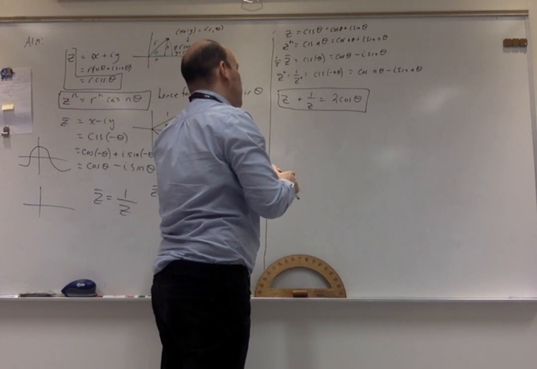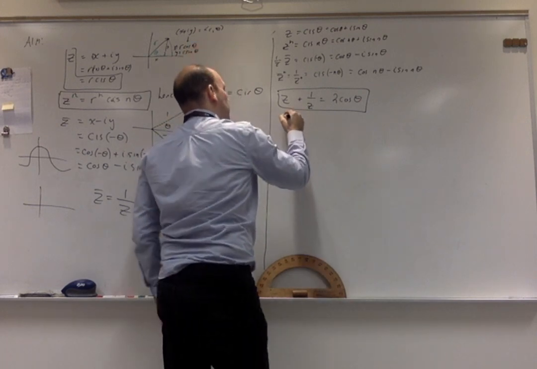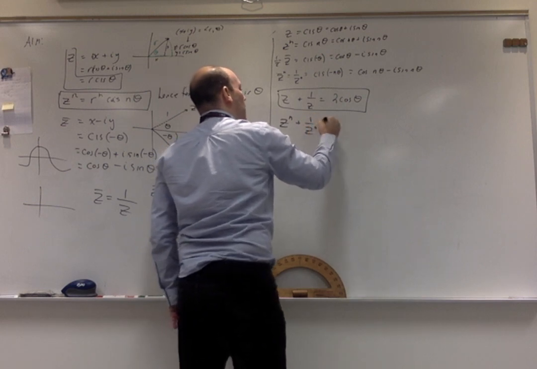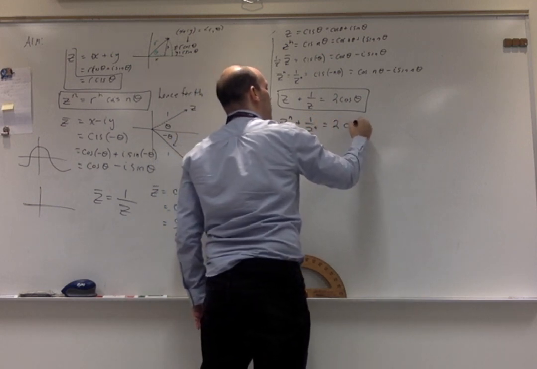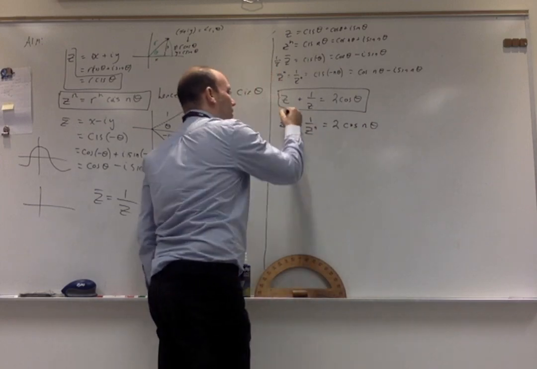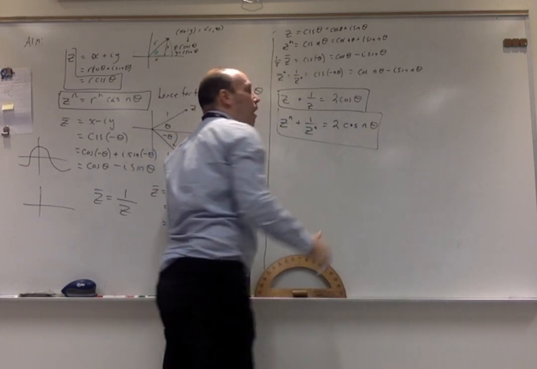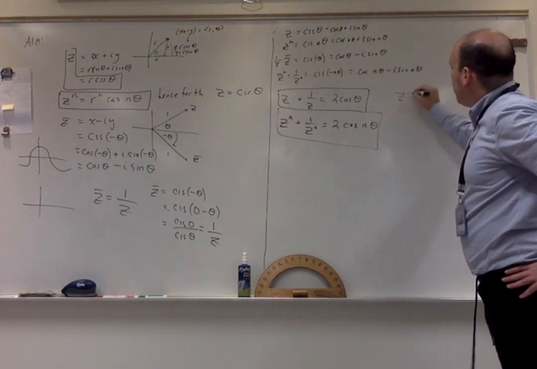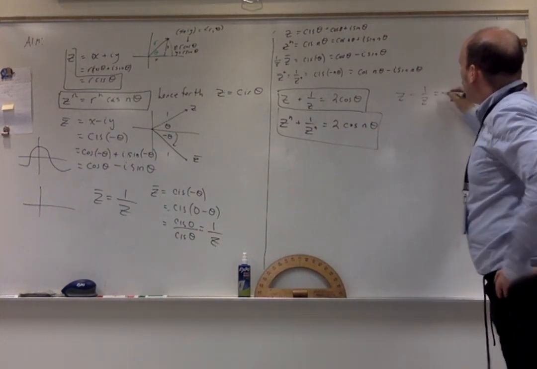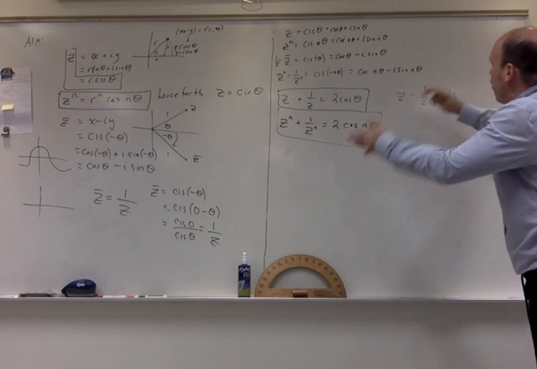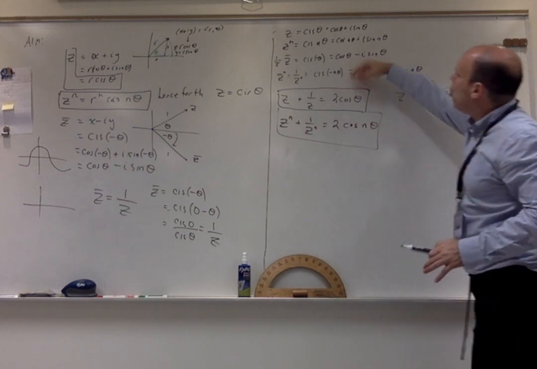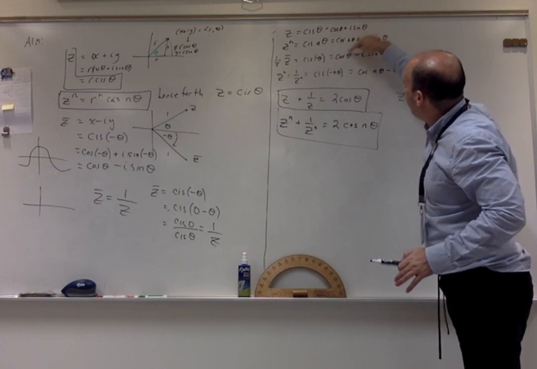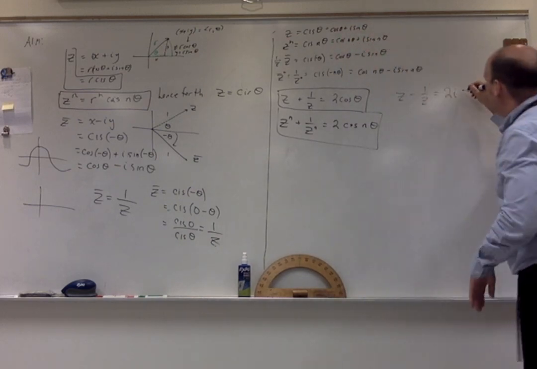We also, if we do that, that means that z to the n plus 1 over z to the n is equal to 2 cosine n theta. That's kind of interesting. We need that. Another thing we need to look at is z minus 1 over z, which is equal to, well, if we subtract them, cosine minus cosine gives us 0, but i sine minus negative i sine gives us 2i